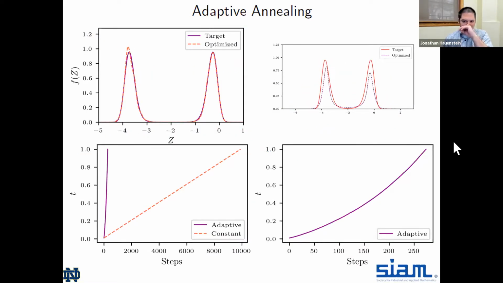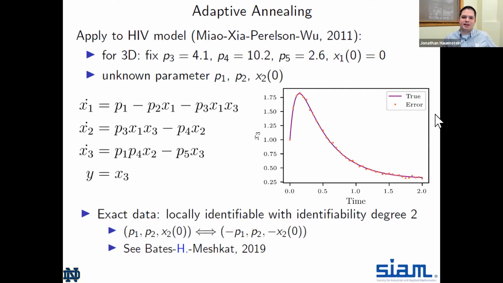So I'm running out of time, so I'll just end with some plots and an example. The Resende Mohammed took a constant in T. That's not the right approach. You want to do adaptive tracking. It starts off with smaller step sizes, and then as T gets closer to 1, you can take much bigger step sizes. So let me end with a very simple example